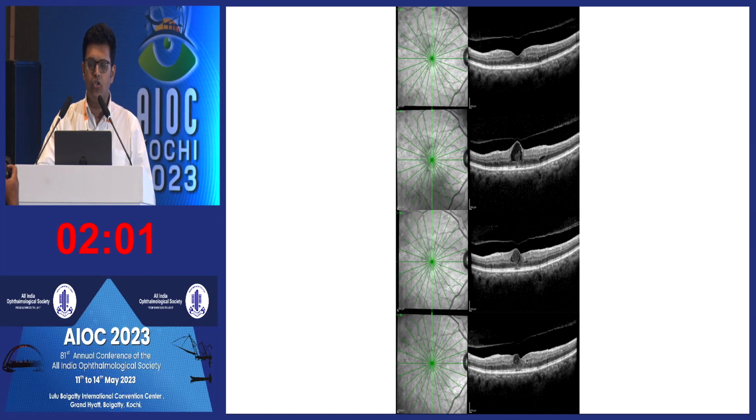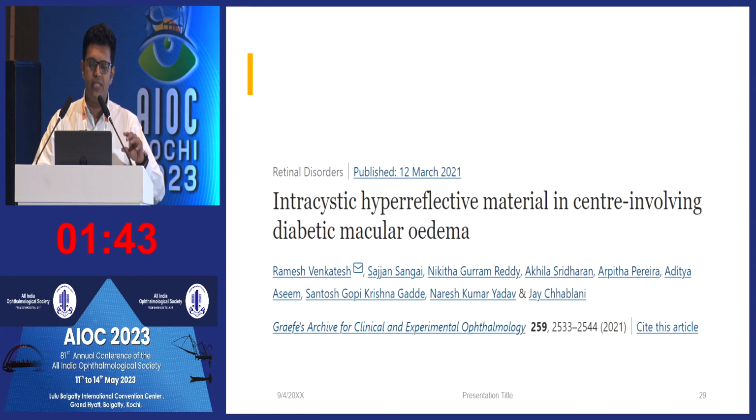So this is one of the photographs of the OCTs which is showing how the patient started. Then there's development of a cystoid space with a hyperreflective material. You start treating the fluid cavity. The fluid cavity reduces, but the hyperreflective material resolves over a period of time. So this is the publication which I was talking about, where we talked about the intracystic hyperreflective material in